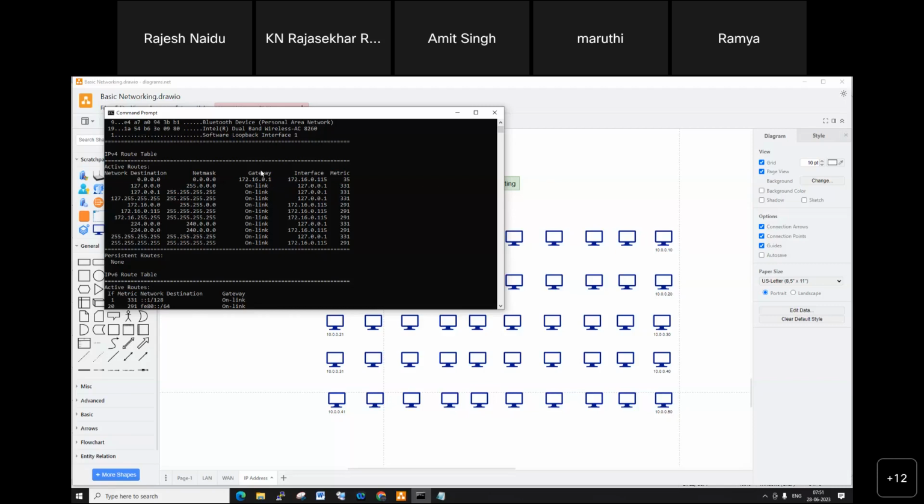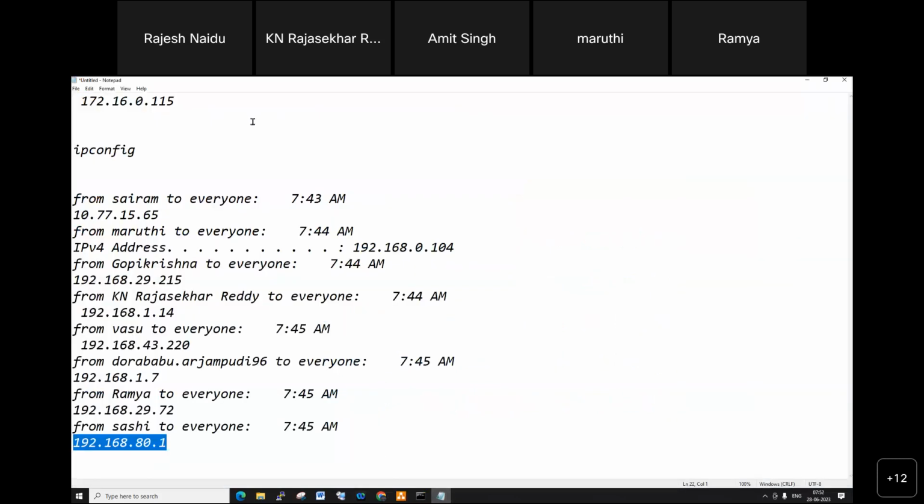Main gate. Main gate, right? Same way in your home, if you want to connect it to the internet, there will be a main gate. That gate is nothing but your Wi-Fi router. In your home, in your office, if you want to connect to the internet connection, that is called a Wi-Fi router. So your Wi-Fi router IP address is 172.16.0.1. Guys, my IP address is something different and your IP address is different, because based on your configuration,